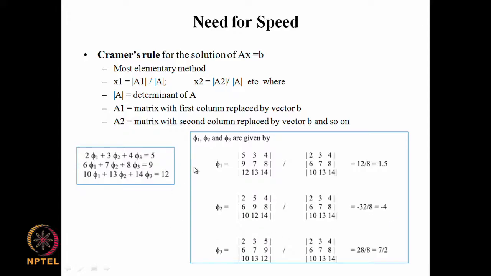And for phi 3 you take the coefficient matrix, replace the third column by the right hand side column 5, 9, 12. So that is what you have done here. Determinant of this divided by determinant of this will give you the solution here. So in that sense it is pretty straightforward to apply, and it is a very good method in the sense that if there is a unique solution, then you can get it. There is no problem, this method can be applied,